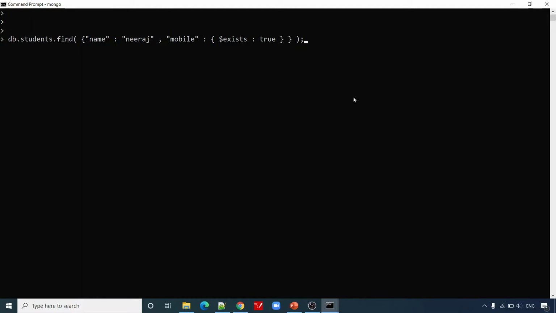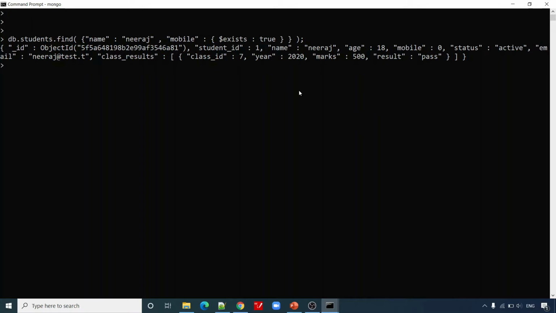So let us see. So in this case, we have found a user that has Neeraj as a name, and let us see mobile exists there. So let us say I specify false here and I don't see any results because the student with the name Neeraj has mobile field present in their record.